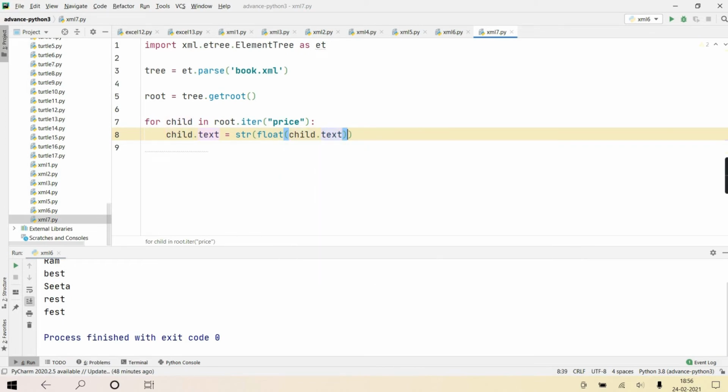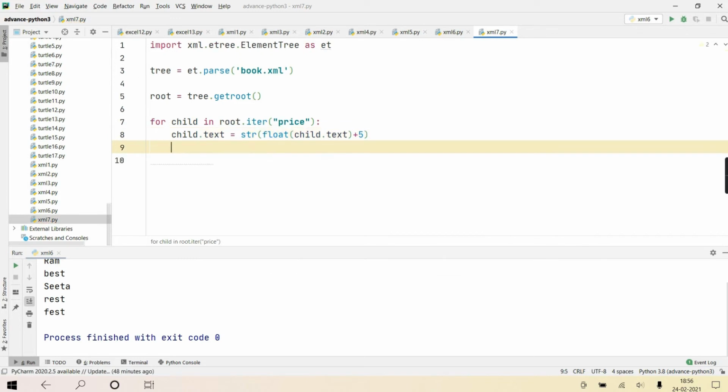child.text plus pi, suppose. Why am I doing it like that? Because every element will have a text property. It is a string by default. Though we know it is a number or a date or whatever, this library treats it as a string. So I'm converting string to float. To the float value I'm adding pi, and again that float value I'm converting to string and assigning here. Okay, and then to this child I'm adding one attribute called addition, and I'm giving it the value 1.